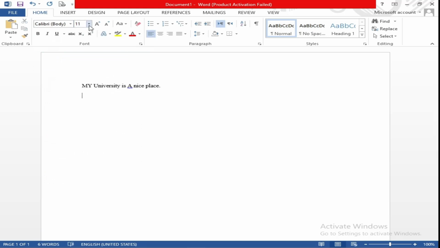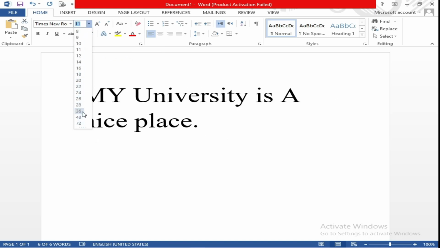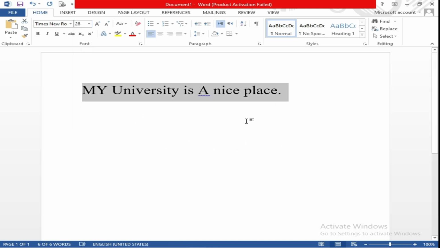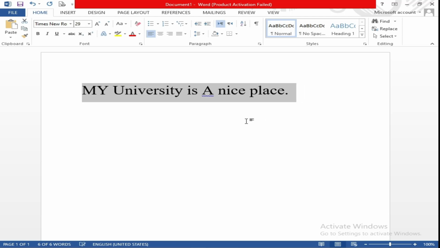After that, this is the writing size. You can click on this drop down, and as you can see, first you have to select the text. After that you can change it. This also has a shortcut key, which is Control and square bracket. On the keyboard, after the O and P buttons, there are two square brackets. The right square bracket is to increase the size of text and the left is to decrease the size of the text.